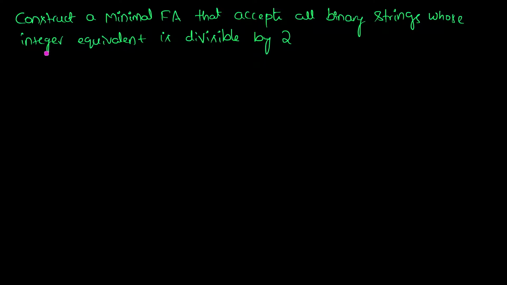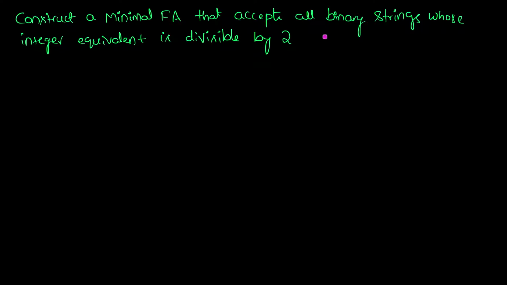Till now, we have seen multiple questions on how to construct minimal finite automata that accepts strings over A's and B's, where we had constraint over number of A's, constraint over number of B's, and even constraint over the number of symbols in the string, the complete string, right? Now let's look at a different question, an interesting problem,